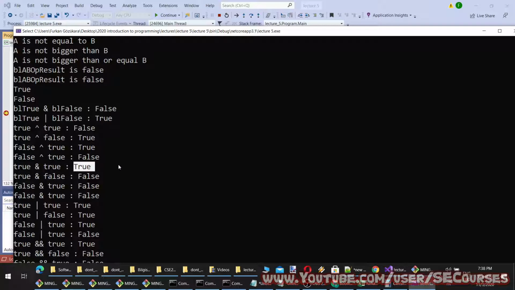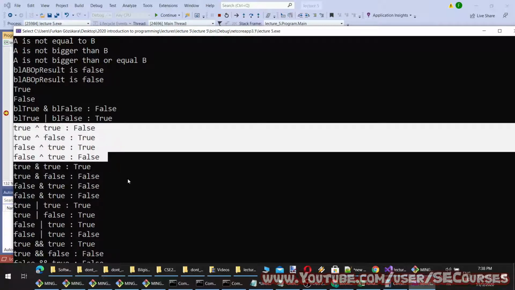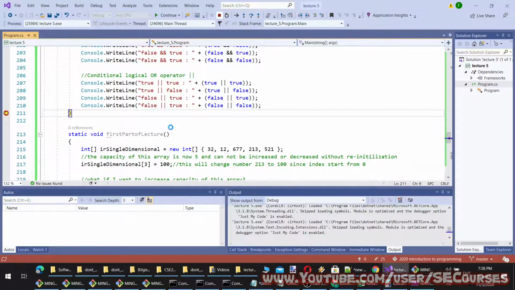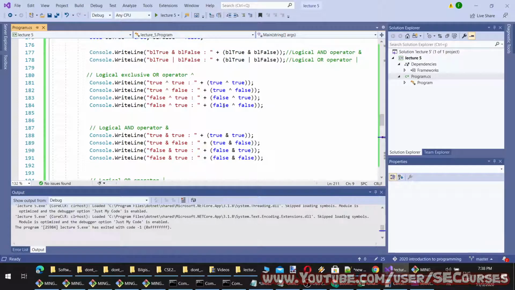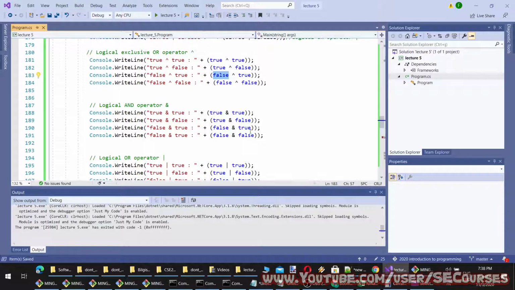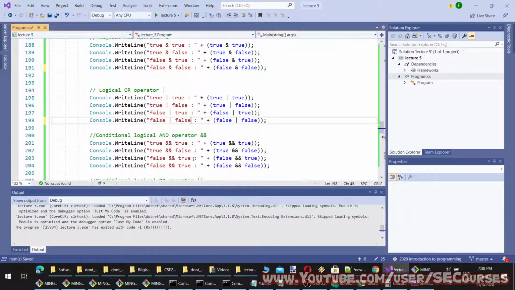I think here. Okay, I see we have some string error here. So this is false and false. Okay, false, true, true, false, correct. So we have written it incorrectly everywhere. Also false and false, false and false.